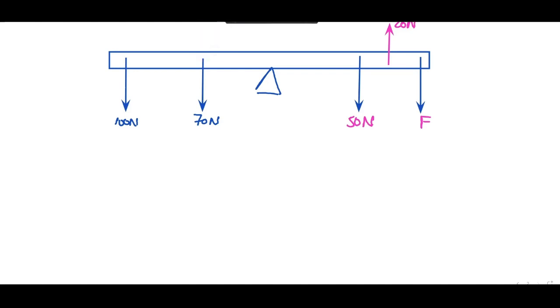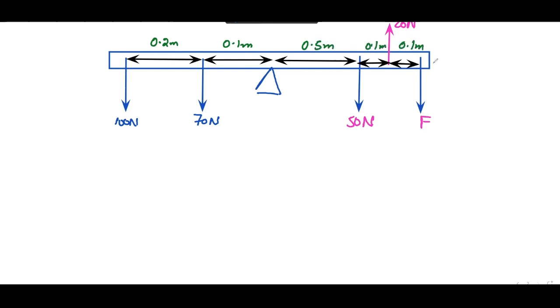All the distances are given to you, but with a slight challenge. So this is 0.2 meters, this is 0.1 meters, this is 0.5 meters, this is 0.1 meters, and this